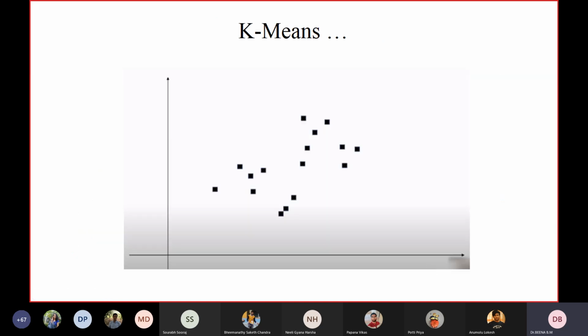So far, at this stage, I think you know what supervised learning, unsupervised learning, and reinforcement learning are. Supervised learning is where in the given data set we have a target label or class label, a target variable, and based on that we run the models.